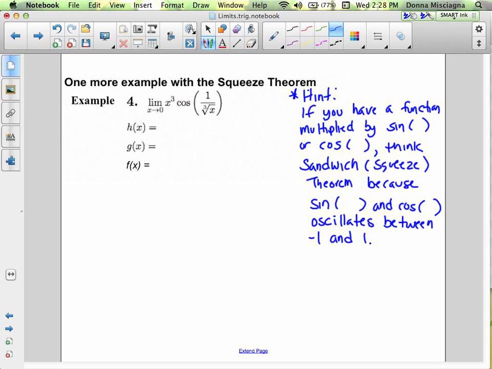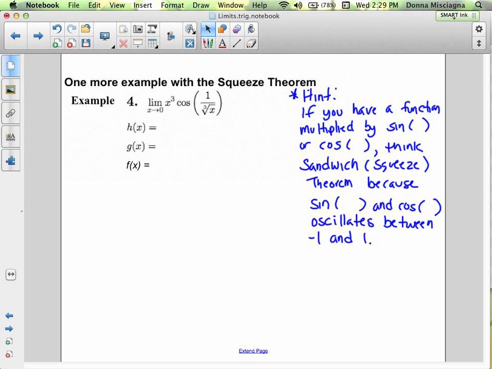And if you've got a function being multiplied by anything between -1 and 1, if it's between 0 and 1, it's going to be smaller than the original value. If it's between 0 and -1, it's going to be smaller in absolute value, and the opposite. All right, so anything that's multiplied by sine blop or cosine blop is never greater than itself or less than the opposite of itself. All right, so